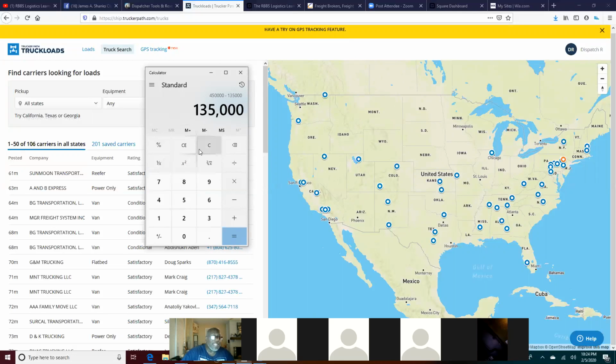But they're not getting paid on just the load that they booked. They're getting paid on every load that they worked their butt off to land that account. Every load that got booked from that account, they're getting paid on. That's fair compensation. That's an incentive plan. That's what residual pay is. And we give up less of our money to make that happen. They make more money when they do make that happen.